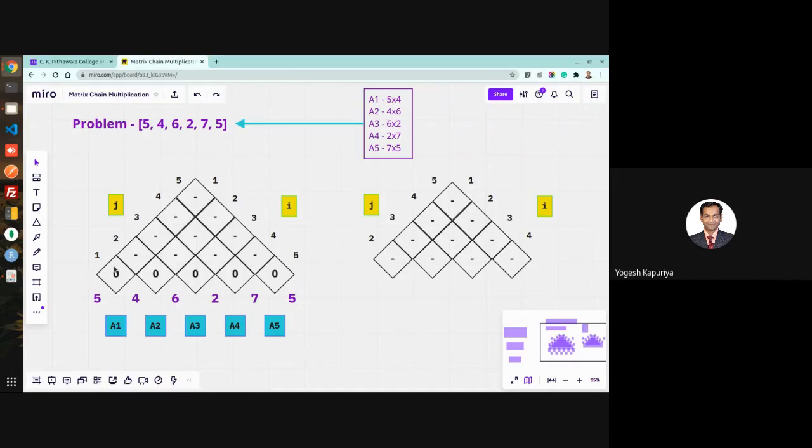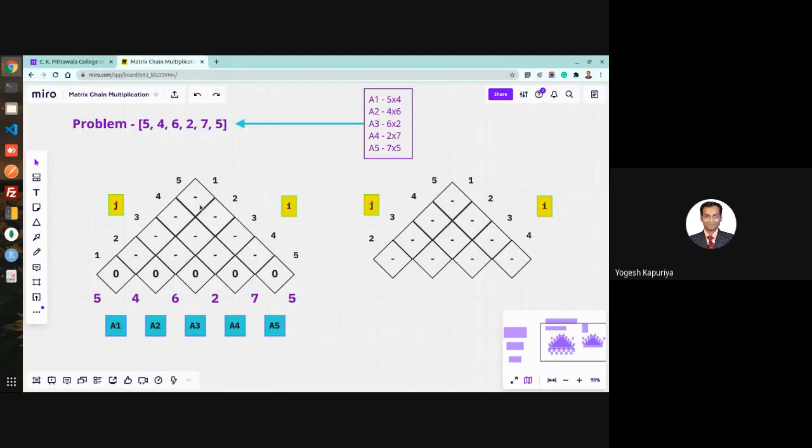So that's why this is 0. Like we are doing in some other problem statement, when your I is equal to 0, then the value within this cell is 0. Similarly, here when your I is equal to 1 and j is equal to 1,